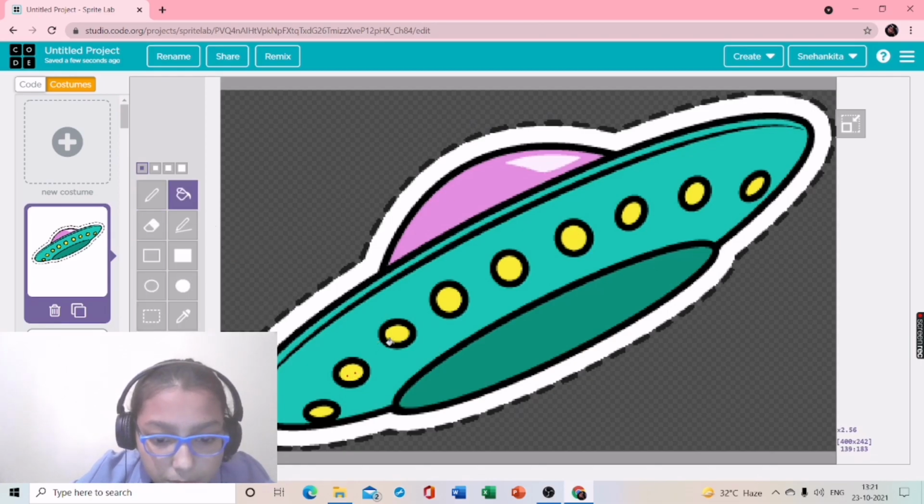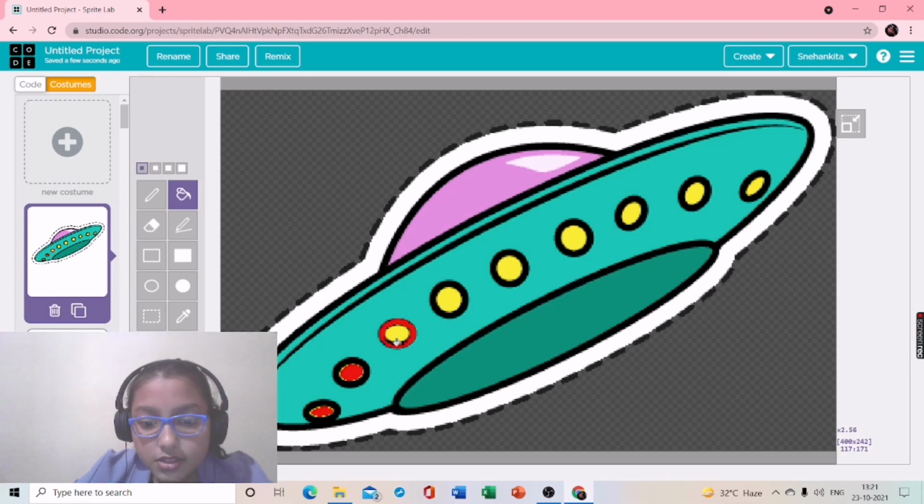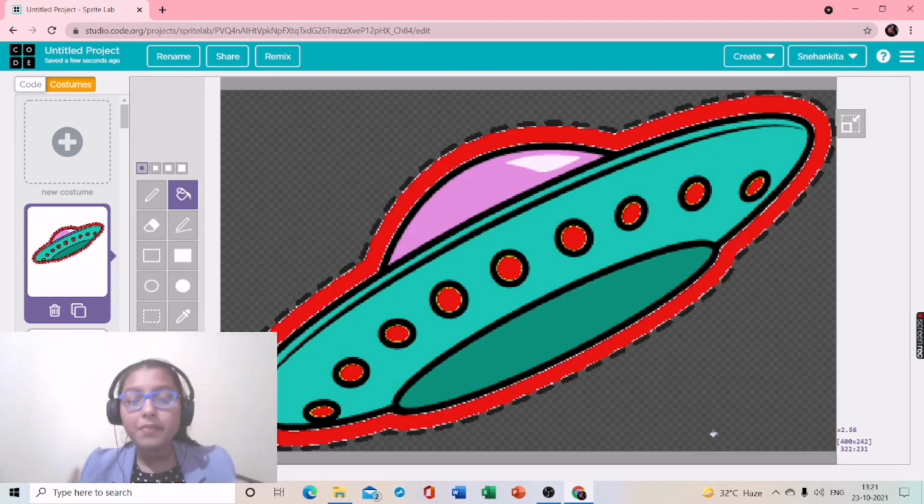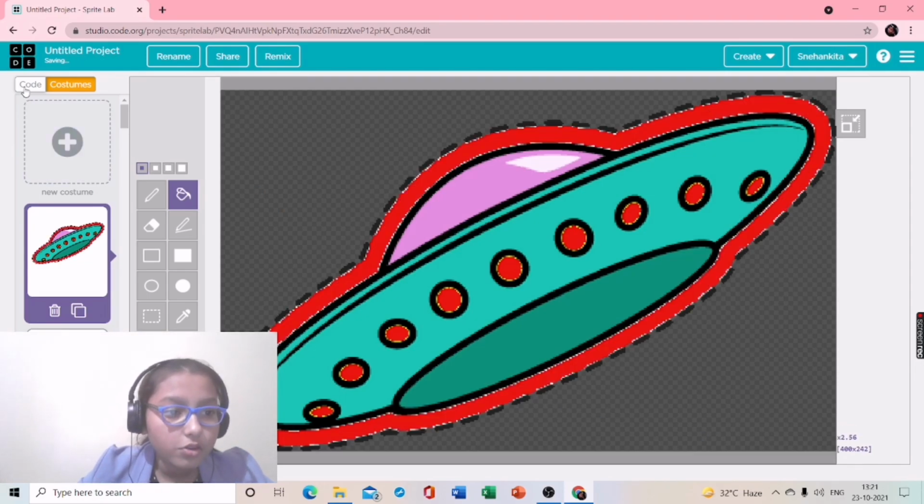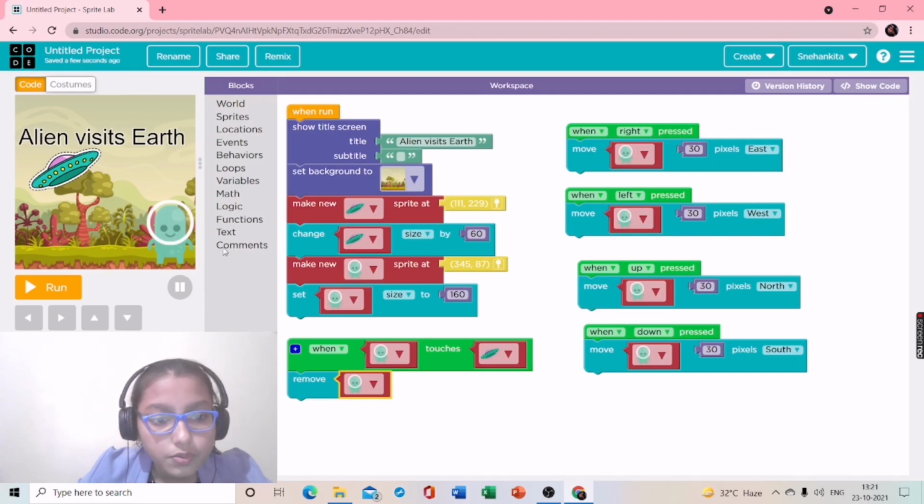Okay, we will go to the paint. So the lights will be on. Yeah, as you can see. Oh, not this. Control Z. This one, the lights are on, as you can see. And the white one also we can make red. It looks amazing. Now we will go back to code and also we will add another function.